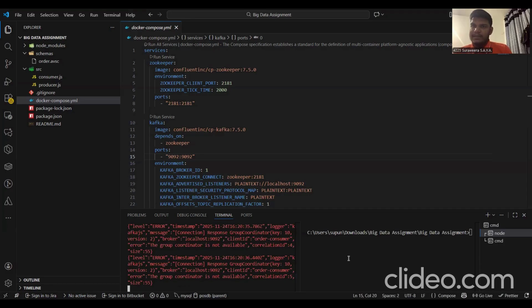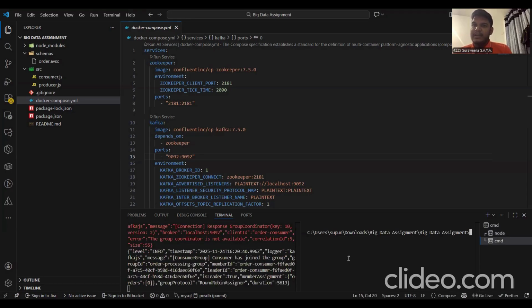When I press enter, there is an error because the consumer is waiting for the producer, but we haven't started the producer yet, and that's why there is an error. And then we run the producer. In the other terminal, we type npm run producer. So when we enter,